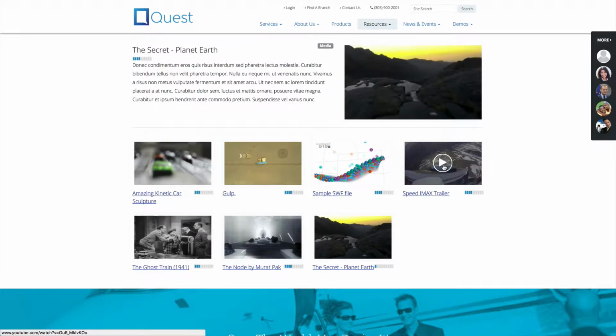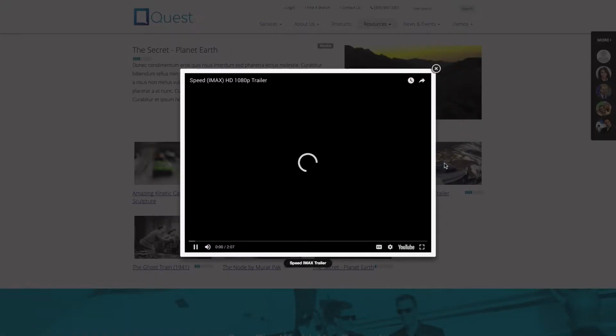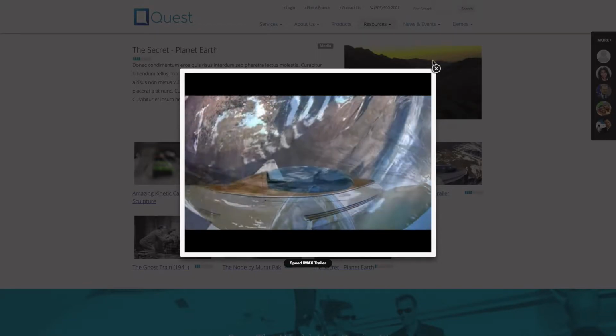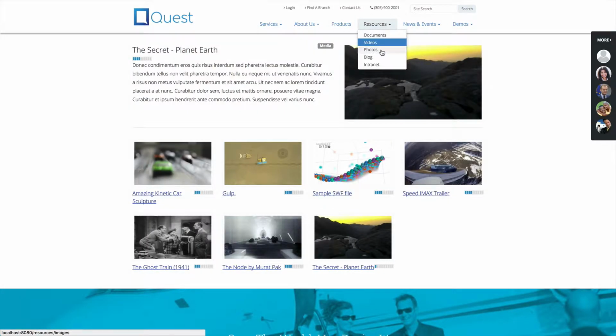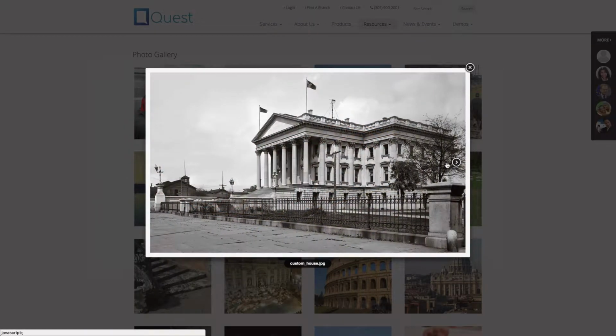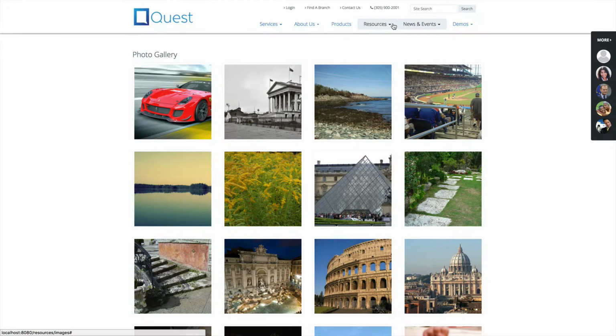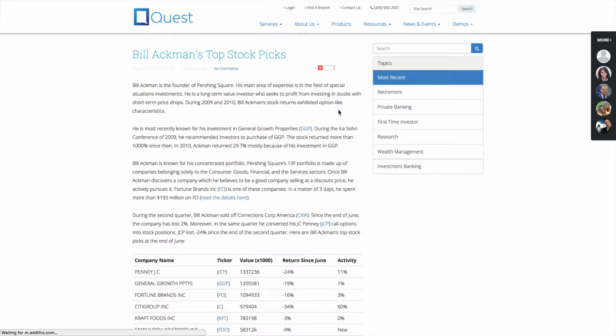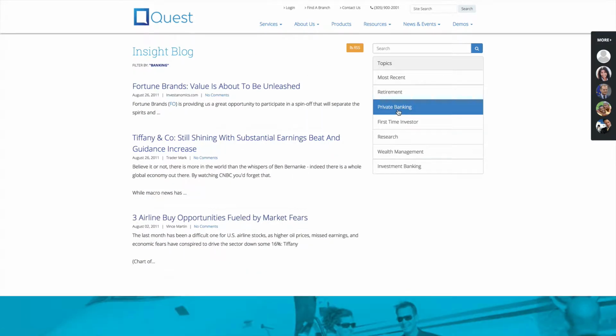a video gallery with a video player that can display videos stored locally or stream from YouTube or Vimeo, a dynamic photo gallery widget that can be pointed at any directory to create new photo galleries with no coding required, a paginated blog listing and SEO optimized detail page with taxonomy filtering,